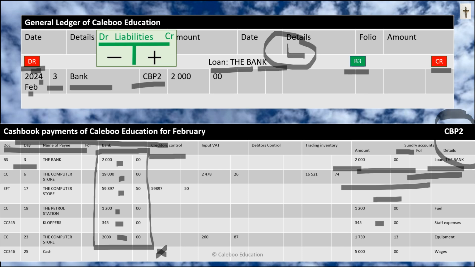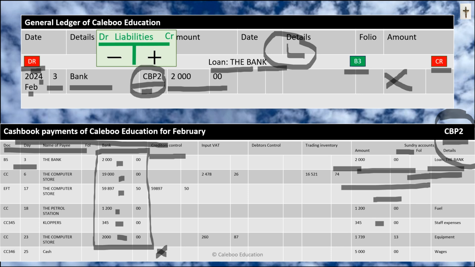The Cashbook payments number 2. So you fill that in under folio. And what was the amount? 2,000. Now I'm only looking at the transactions from the Cashbook payments, but there would have been a balance here